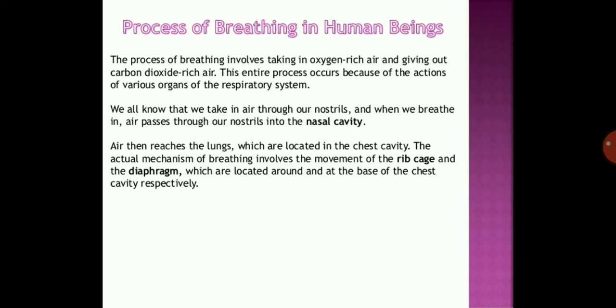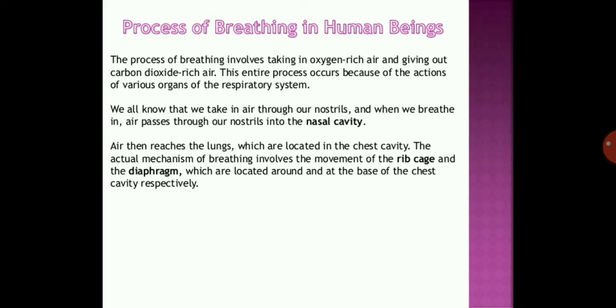The air then reaches the lungs, which are located in the chest cavity. The actual mechanism of breathing involves the movement of the rib cage and the diaphragm, which are located at the base of the chest cavity, as we saw in the previous slide. When we breathe in, the diaphragm moves downwards,